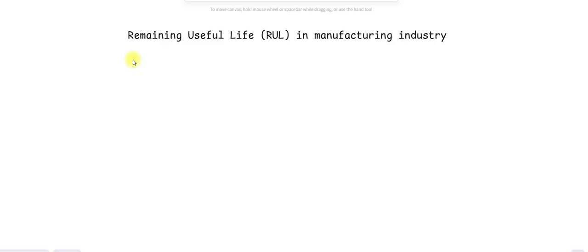If you type RUL in Google, you will see different articles associated with that. This is one of the important topics in manufacturing industries, mining industries, or any industry where machinery is involved. They try to understand the remaining life of their machinery, how long a specific machine will run, right? So they want to know the remaining useful life of a specific machine or a specific component. Okay, so that is the use case I will